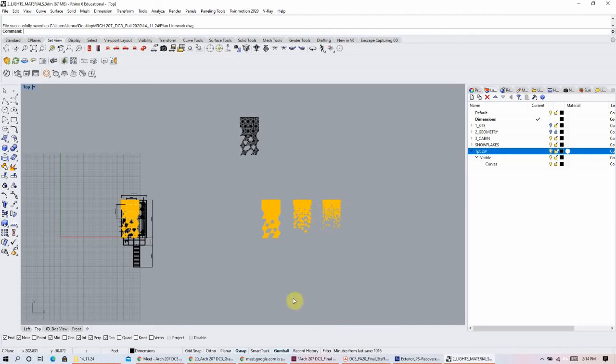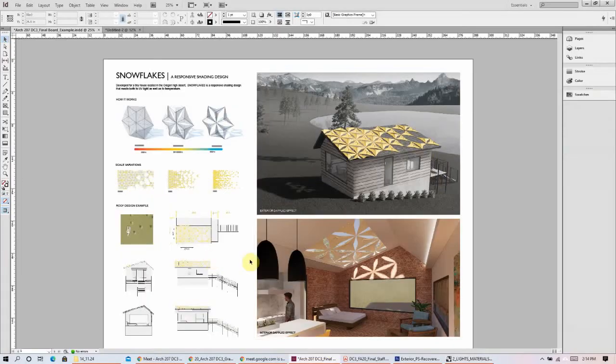So it's not just export, render, input into InDesign, I'm done. Though maybe sometimes if your image is that good, you don't need to post process, which is nice. But sometimes it's not that way, and you want to adjust or change something. And that's when you have to understand that the images we're getting from Rhino especially can be just a reference image, and we can create an image from